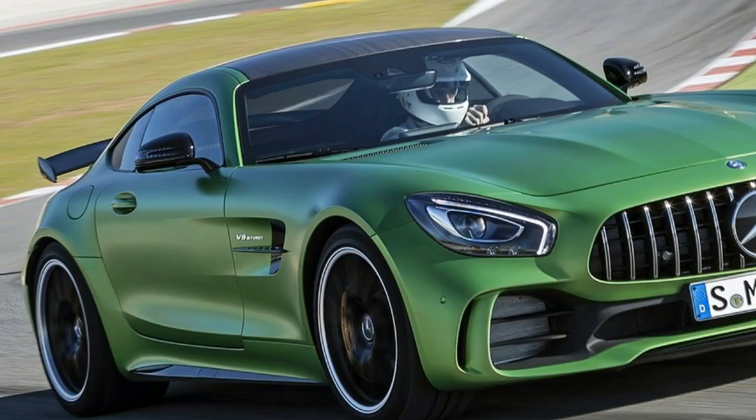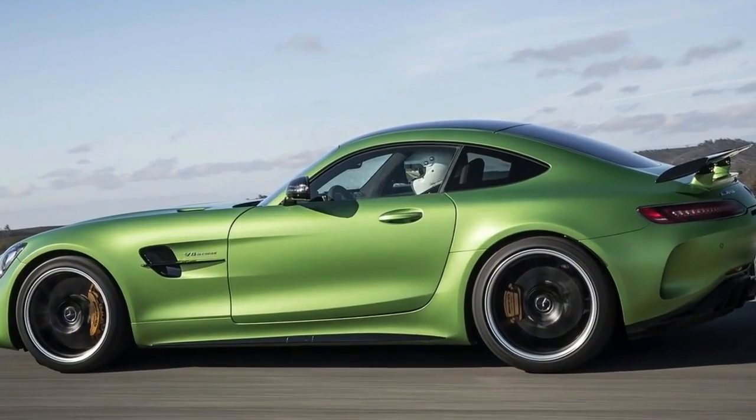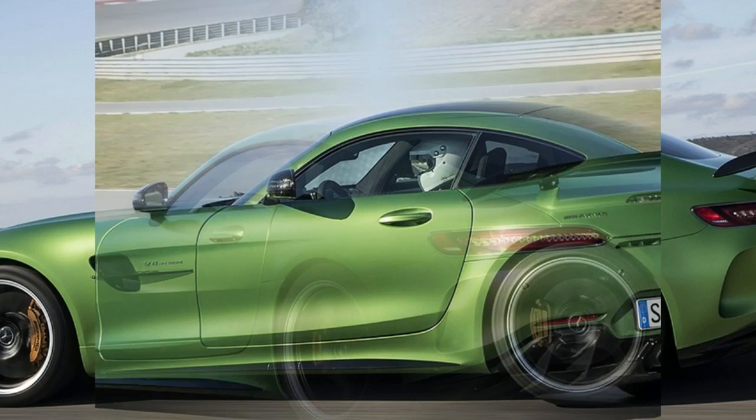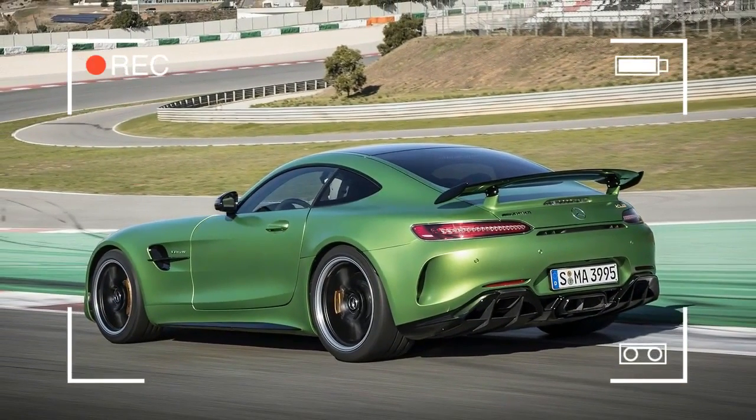cresting a series of blind hills that perpetually left me wondering, which way do I turn again? Handling the rebound of such track elevation changes and real-world pavement irregularities is the new coil-over suspension special to the GTR. Most elements are constructed of forged aluminum to reduce unsprung mass. A thicker anti-roll bar is applied at the rear and the adjustable coil-overs allow you to alter the ride height